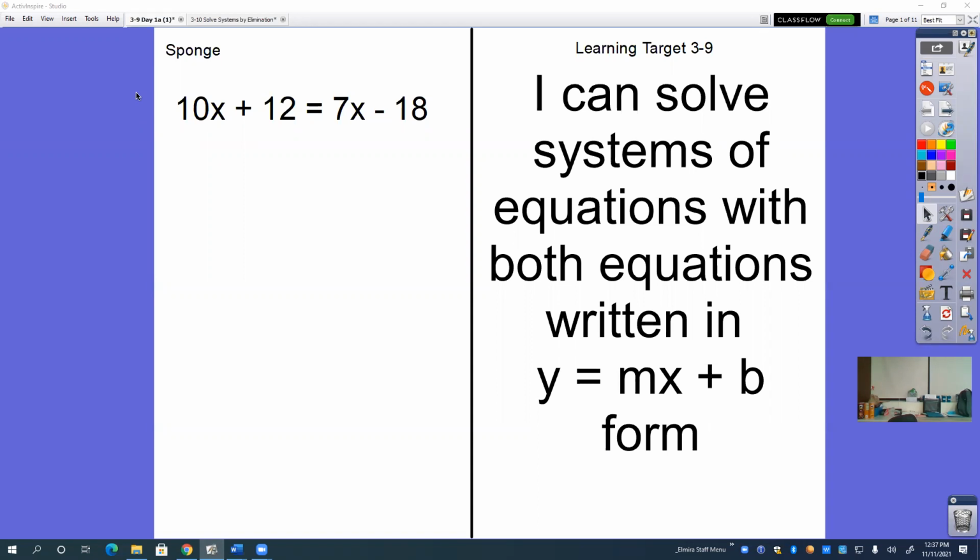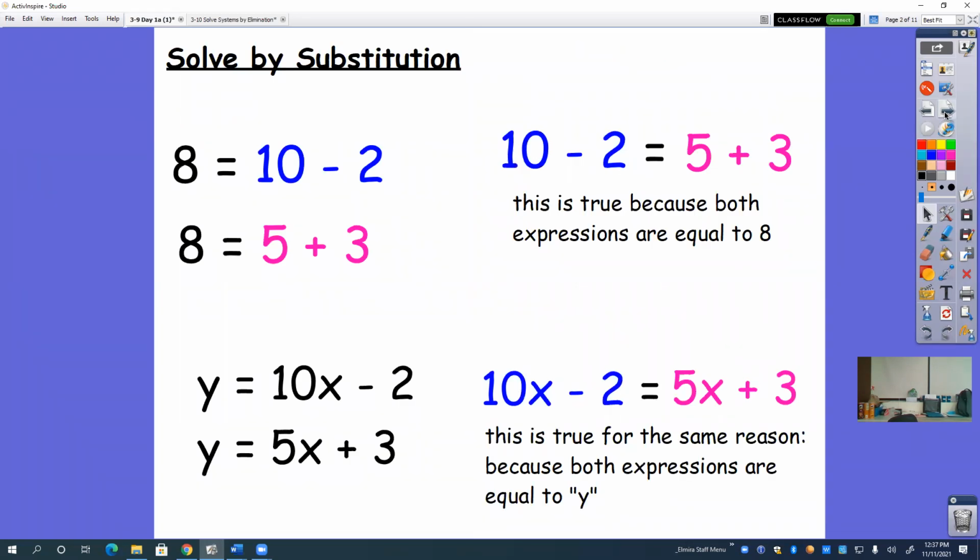Chapter 3, Lesson 9, solving systems of equations with equations that are written in y equals mx plus b form. So we're using a substitution method in order to solve two systems of equations. As we learned earlier in this chapter, systems of equations are two or more equations that we're looking for the